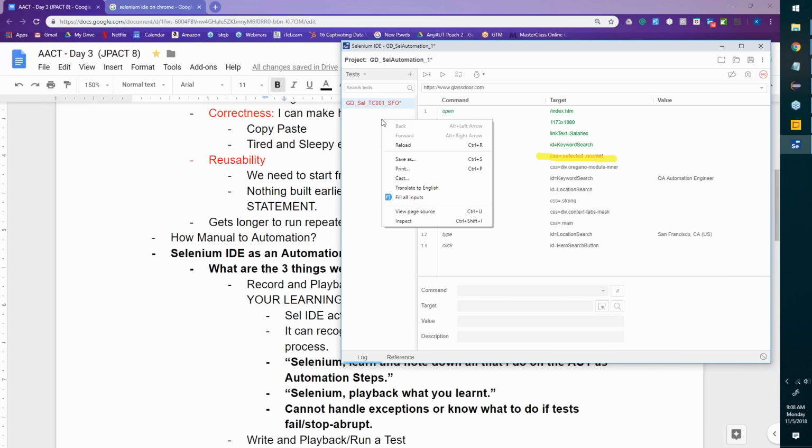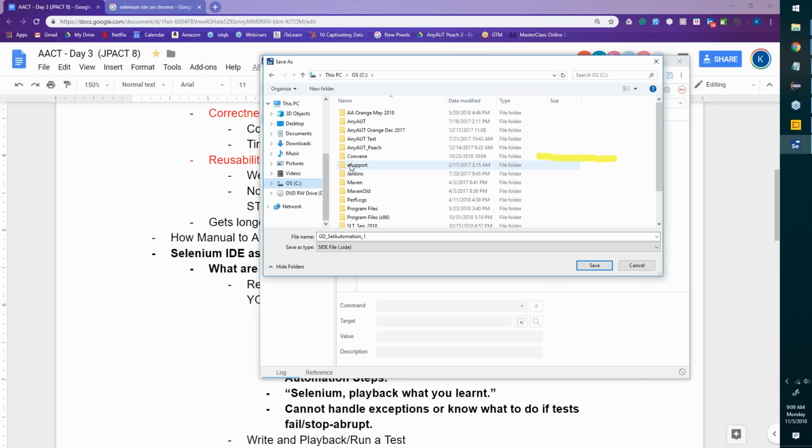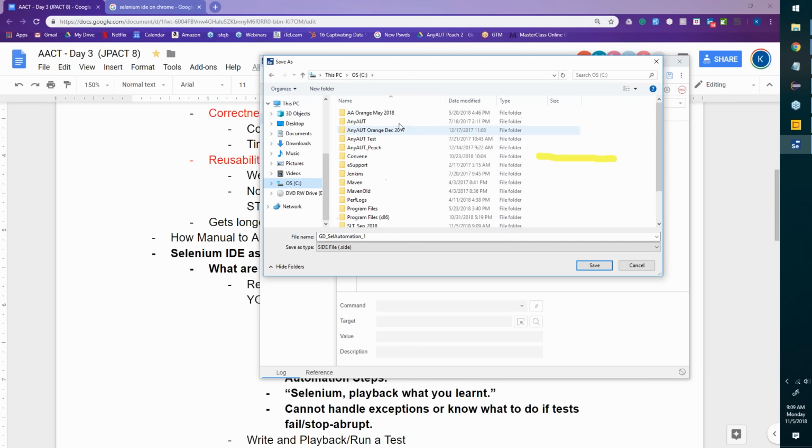Where will I put it? Let me go to our... Give me a minute, team. SLT, I think. SLT, I have a lot of other things here. ACT. Oh no, I'll not put it here. Is there a folder here? No. Let me create a folder. I'll need a folder anyway.